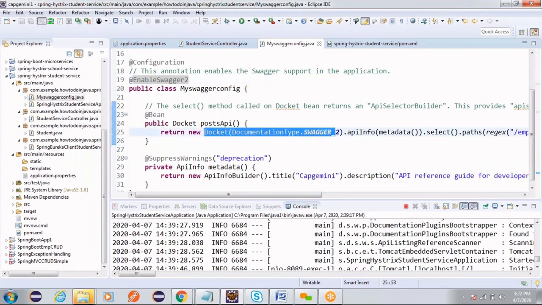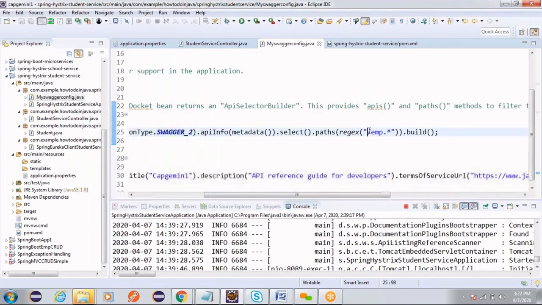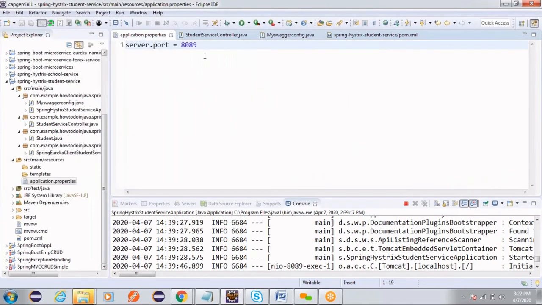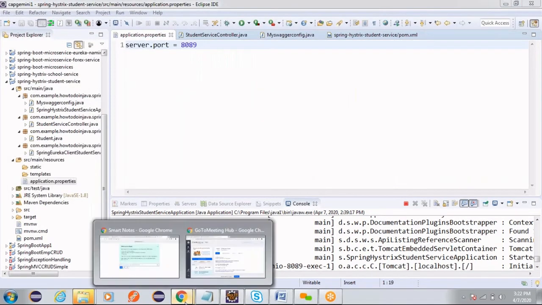Here is the document type and you need to give the URI. Whatever URI it is starting with, that name followed by .* you can give, so that documentation can be generated for all the methods starting with it. Once this is done, simply you start your application as a Spring Boot application, and it is starting on port 8089. Now you just open 8089.